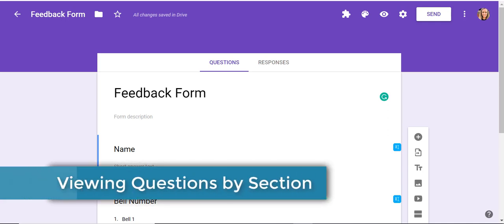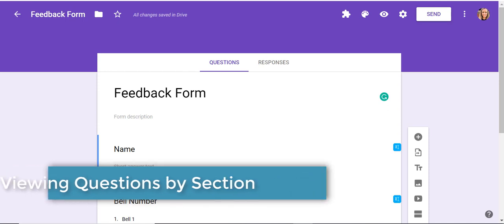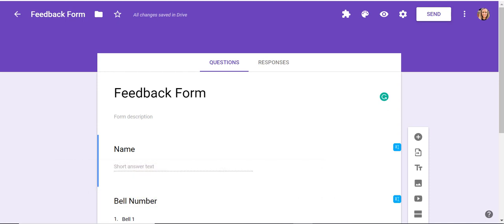Sometimes when we create Google Forms, we want the questions to appear either one at a time or in specific question groups. Typically, as you know on a Google form, when you add questions using this plus button over on the right-hand side, it simply stacks the questions one on top of the other in a long-running list. Let's look at how to add sections to your Google form in order to make questions appear either individually or